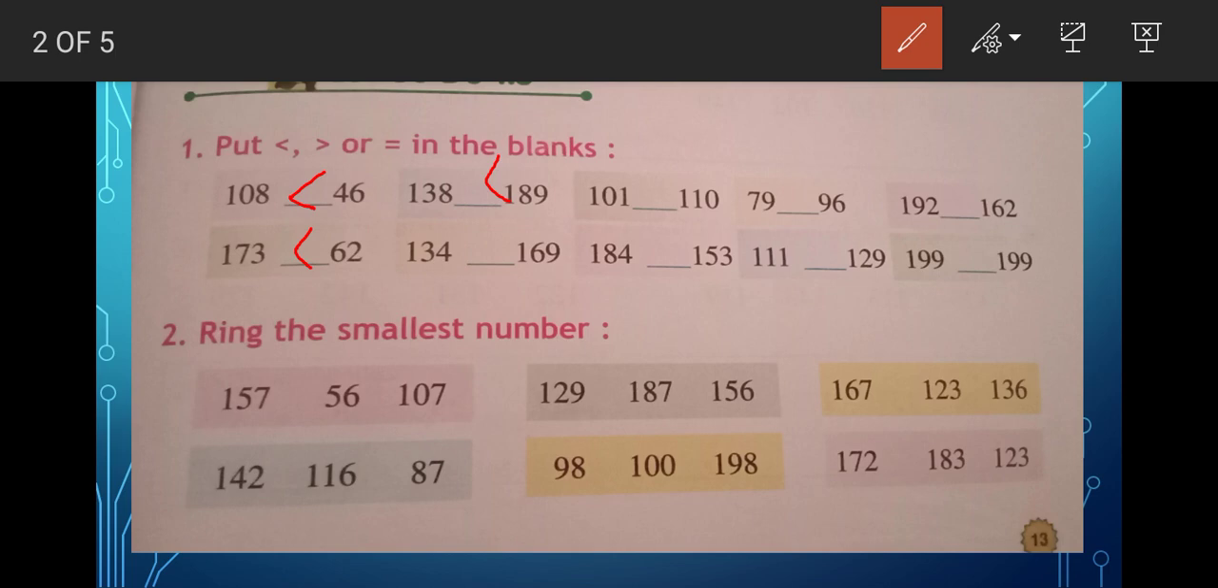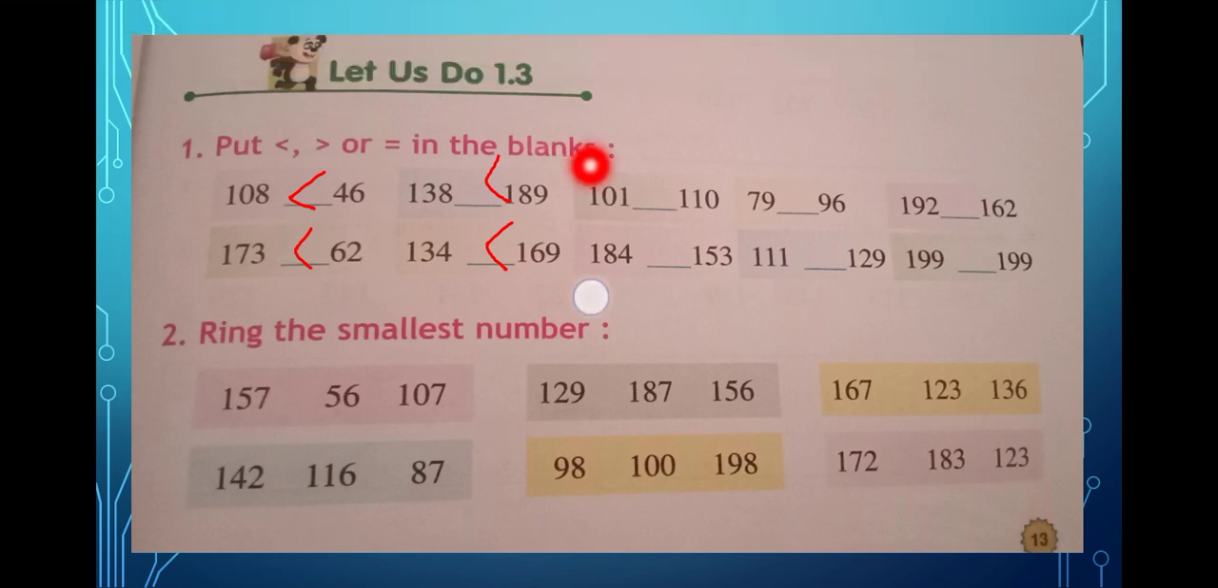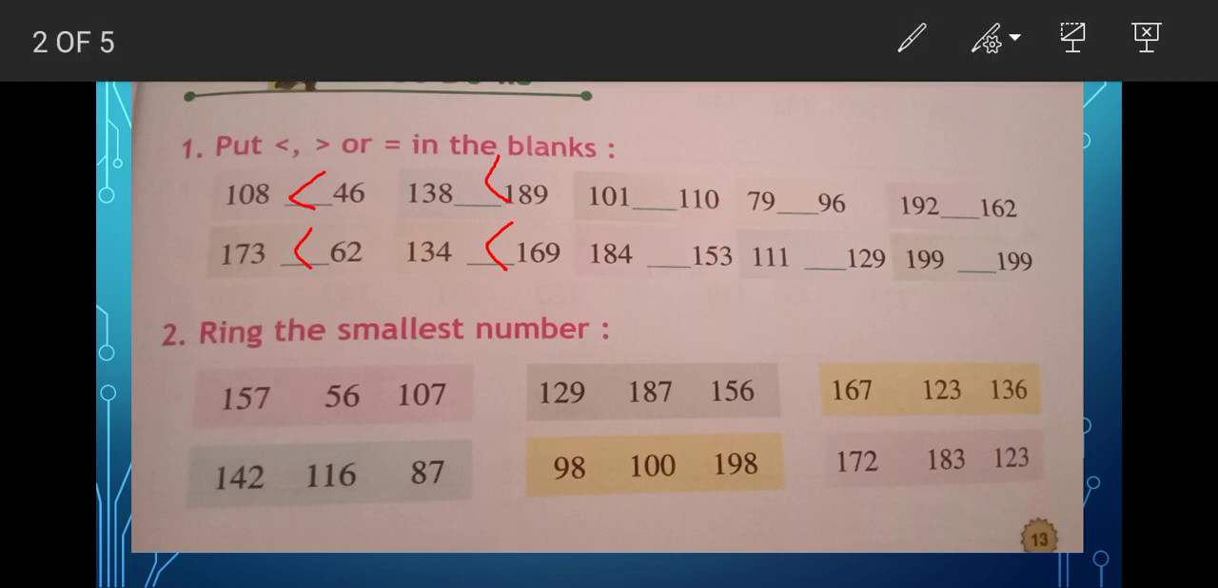In the same way, here 134 and 169, here 134 is less than 169, isn't it? Now in the same way 101 and 110, see in the hundreds place both are having 1 and 1, in tens place it is 0 and here it is 1. That means 1 is greater, so 101 is less than 110. Okay, now see the last question, 199 and 199, this one will be equal, both the numbers are equal, so you have to write here equal. Now this one, 184